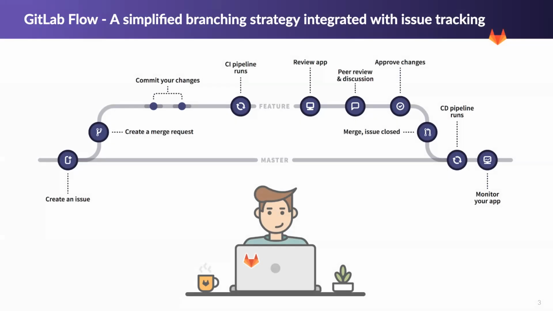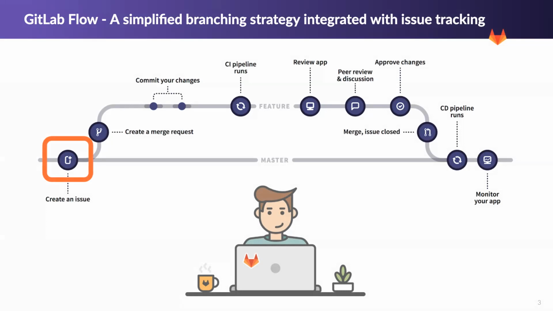Enter GitLab Flow. GitLab Flow is a simplified code branching strategy integrated with an issue tracking system, offering a simple, transparent, and effective way to work with Git. Coupled with GitLab CI/CD, code security testing, and monitoring features, GitLab Flow is a recommended best practice for a developer workflow. As the graphic describes, from left to right, each change to the code base starts with an issue in